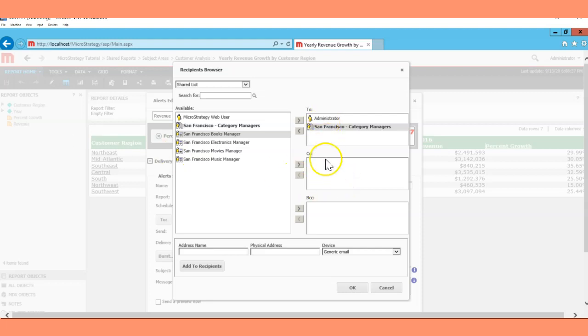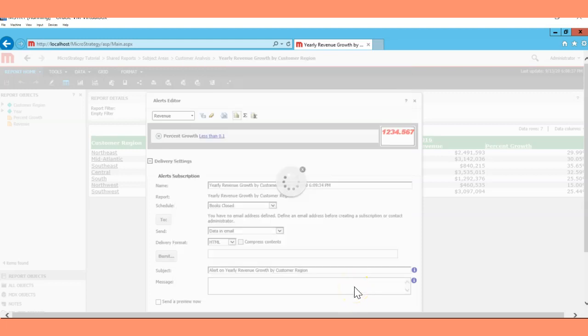You have the options in To, CC and BCC, same as you can see in your Outlook. So you have the same options here. If you just want to put someone into the CC or BCC, you can add them also. So let's say we want the web users also in the CC, then we can add them. Whatever users are added into these groups, they will all get the emails, right?